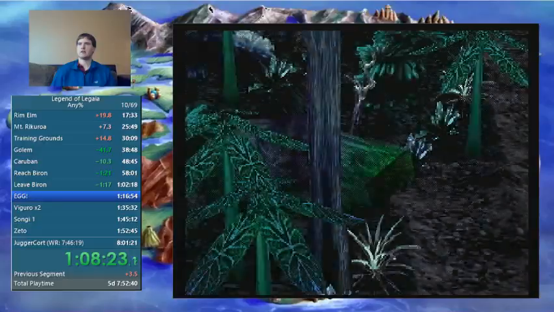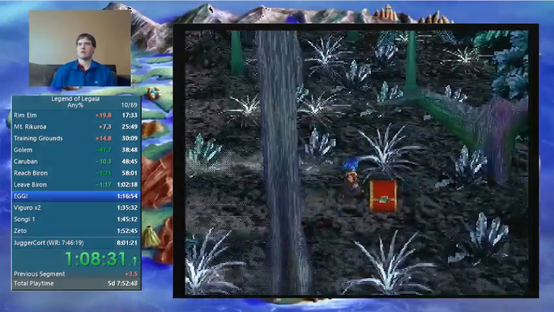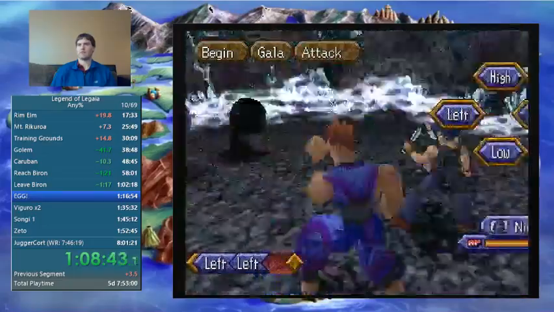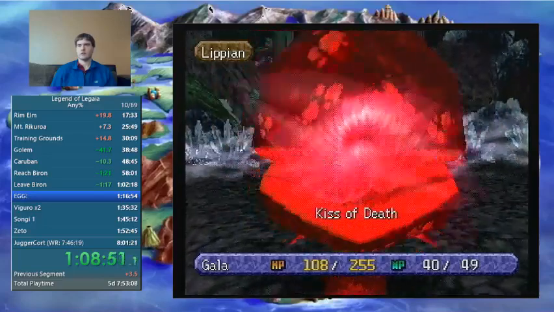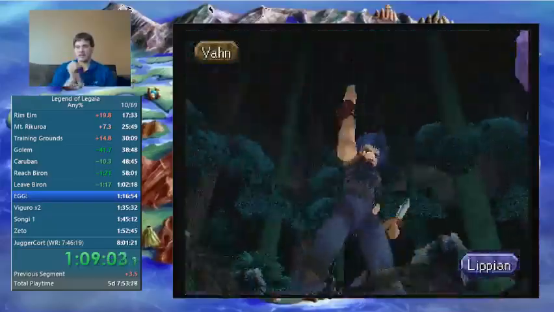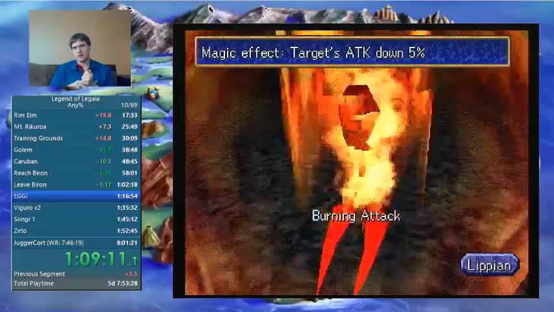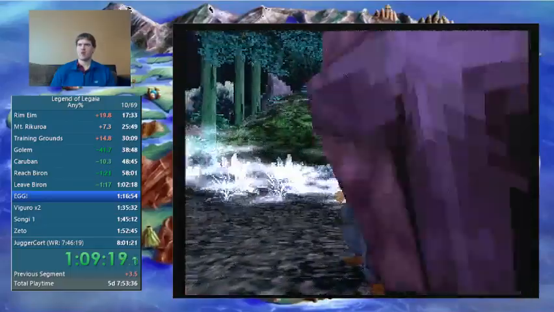Get the fertilizer that we need. Magic amulet. Alright, we'll try this again. And golly, the Libyans are just going on a tear with using Kiss of Death and successfully paralyzing. I'm just going on an absolute tear with that. I believe they're water elements, so...